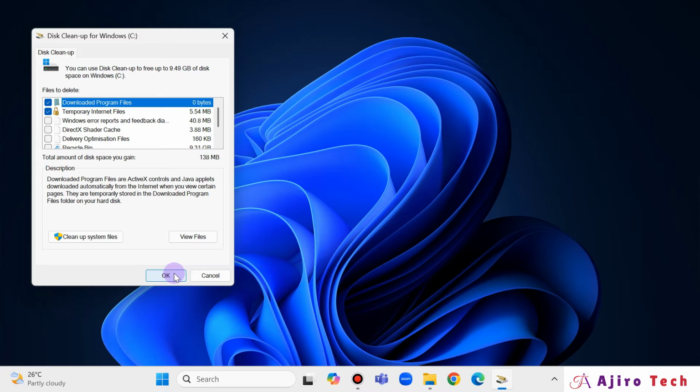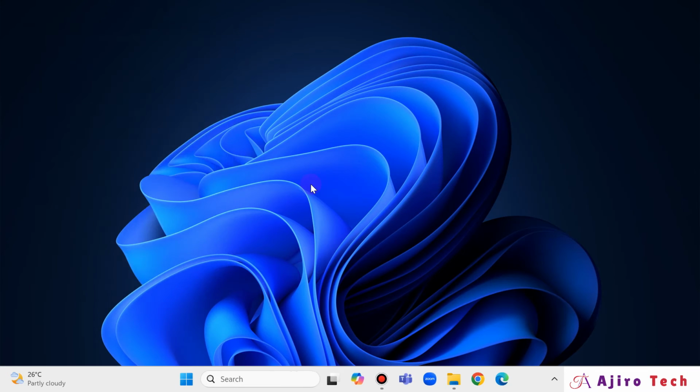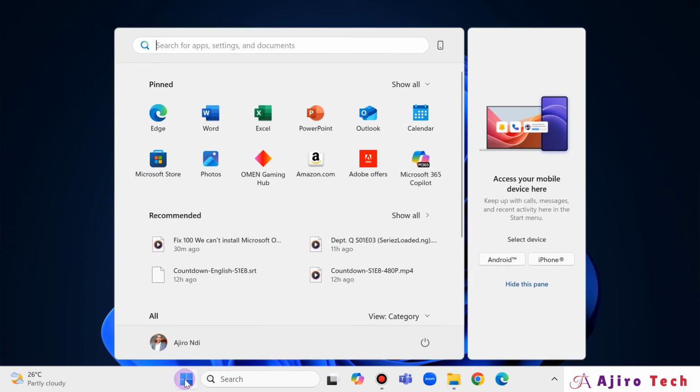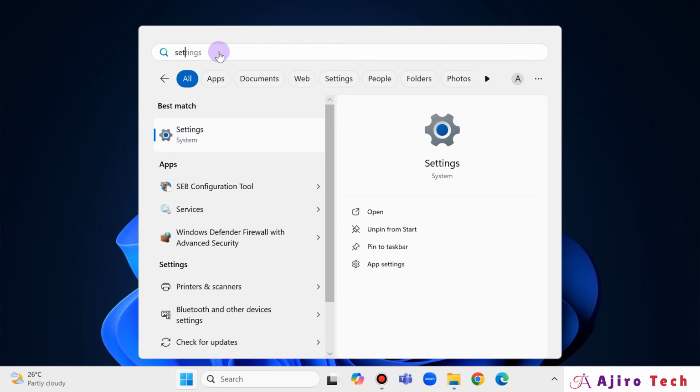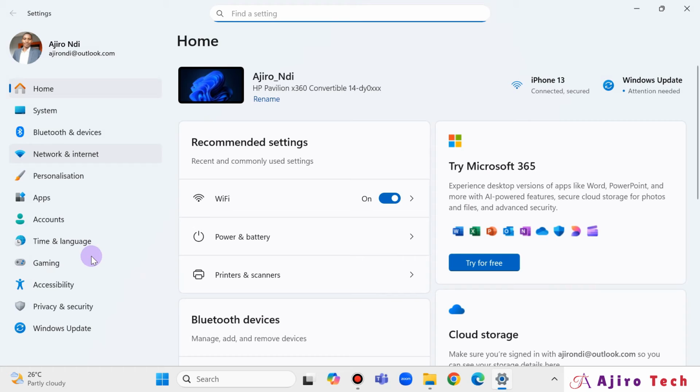Number three, uninstall unused programs. Some apps you installed months ago are just slowing things down. You probably don't need them. So how are you going to do it? Click on the start, then go to settings. You can search for it, settings, and under settings you click on apps,